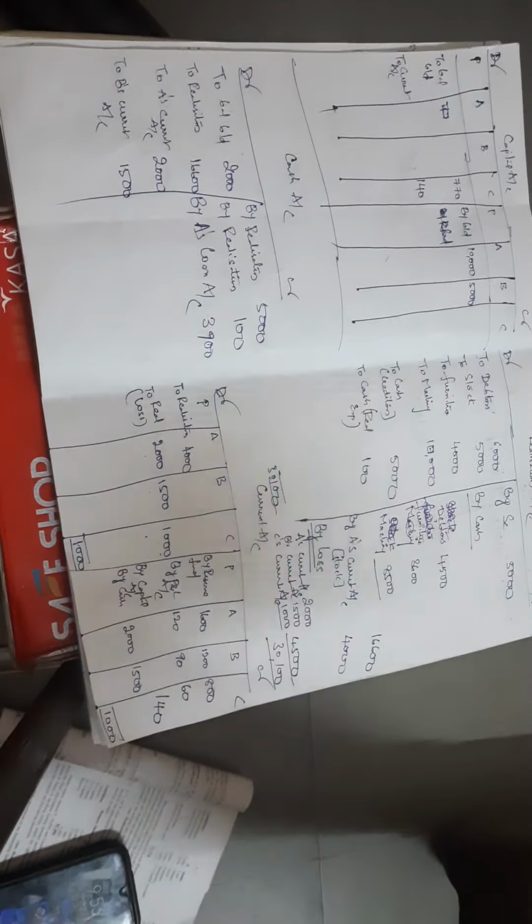Now the next step is to close the solvent partners' current account. So 1000 minus 860, it is 140, and I brought 140 here. Now close the capital account of the insolvent partner. How much is it? It is 910 rupees. So 910 rupees is the amount, the total deficiency amount of C.